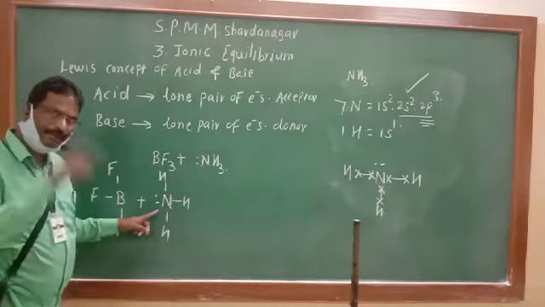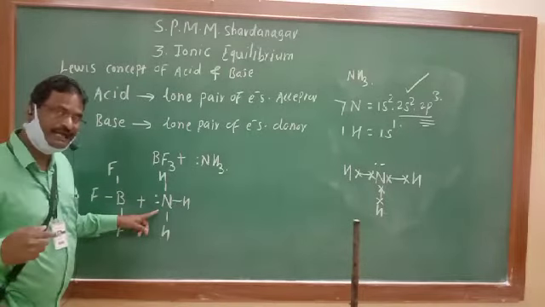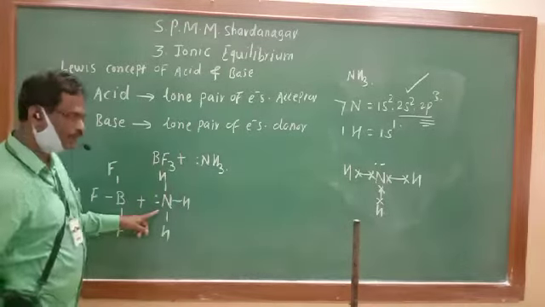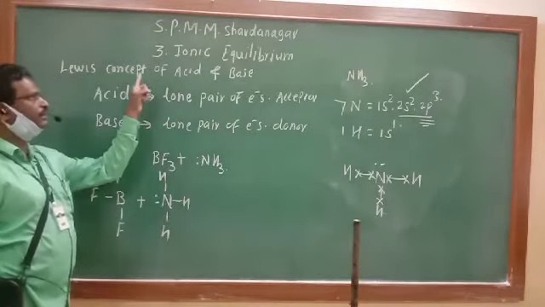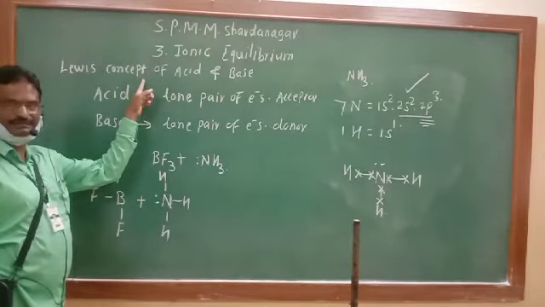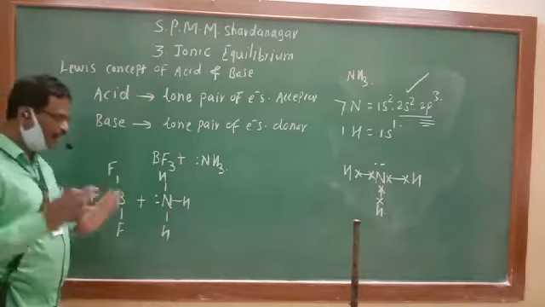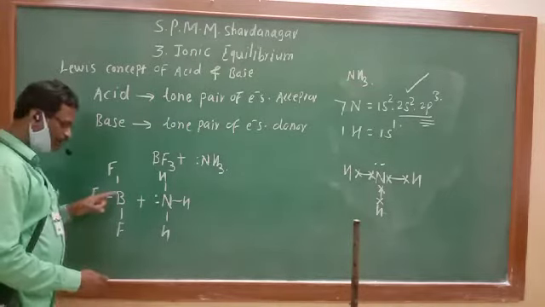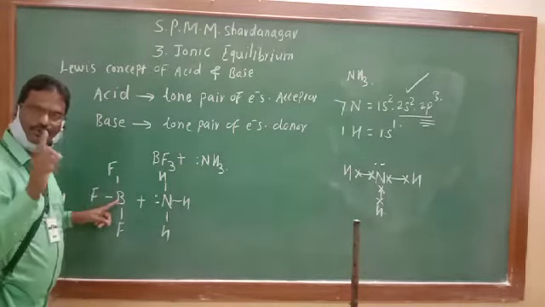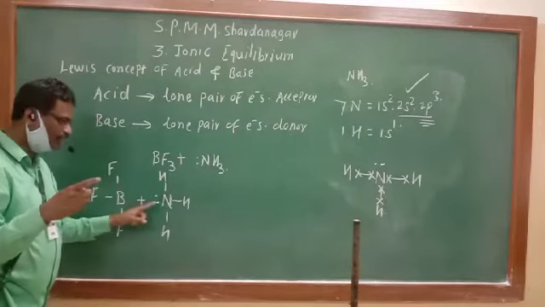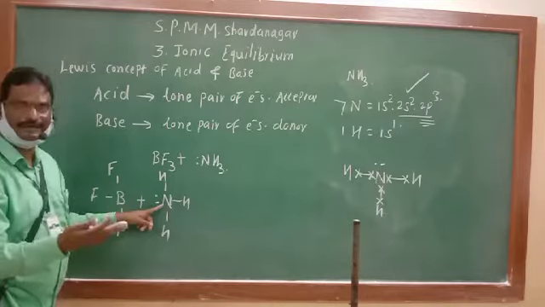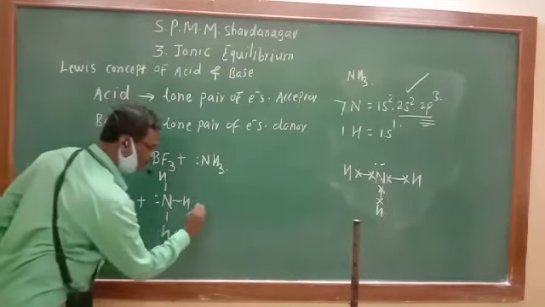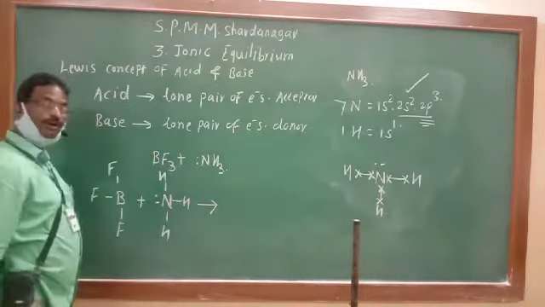Here nitrogen has one lone pair of electron, and it is capable of donating that lone pair of electron. This is acid, this is base, according to Lewis definition, Lewis concept. And now the reaction takes place. Boron accepts lone pair of electron to complete the octet. Nitrogen donates lone pair of electron, since there is no effect on the octet, and the product octet